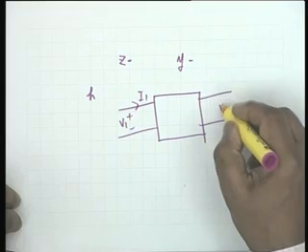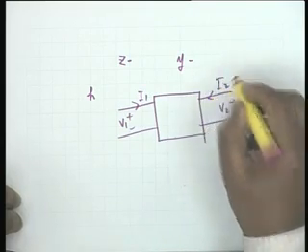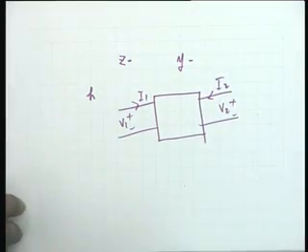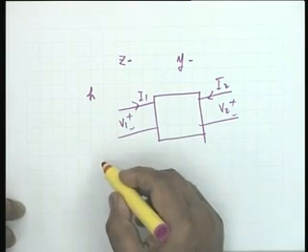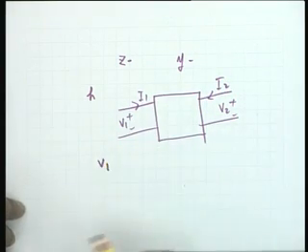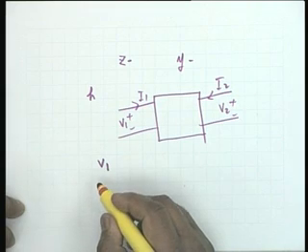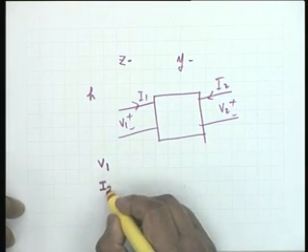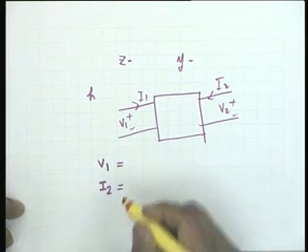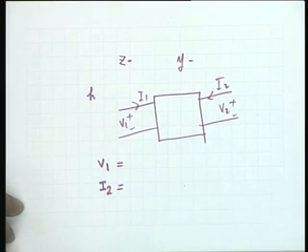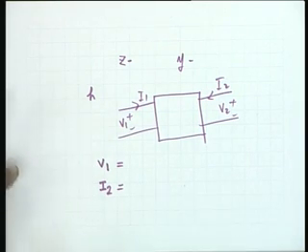V1, I1, V2, I2, the conventions are the same, and the quantities that we take as dependent variables are one voltage and one current, V1 and I2. This should tell you why the parameters are called hybrid. They are not both voltages, they are not both currents, they are one voltage and one current. Not only that, the voltage and current are not at the same port, they are at different ports. So, there is a hybridization of all kinds.